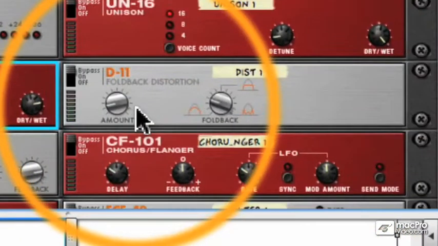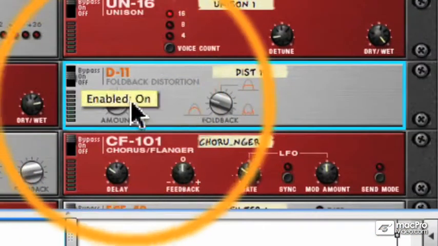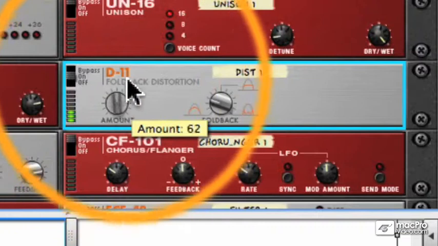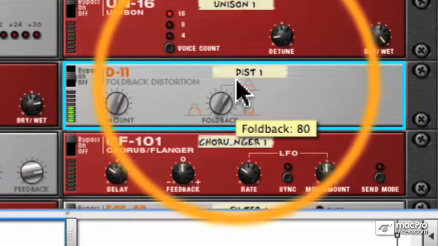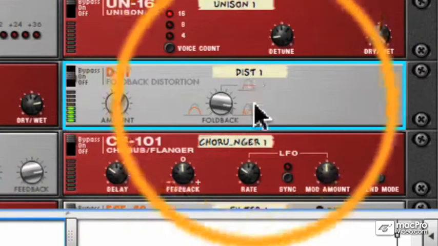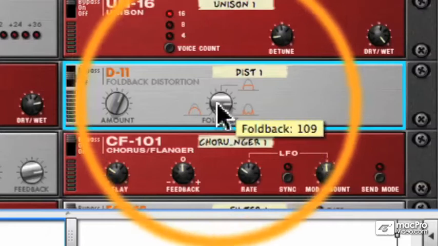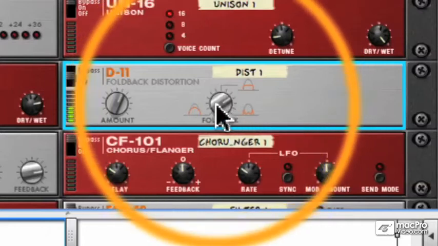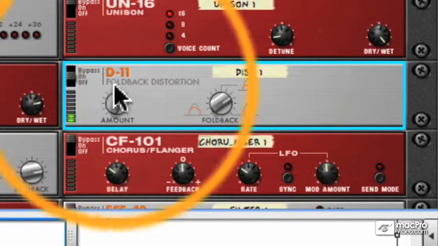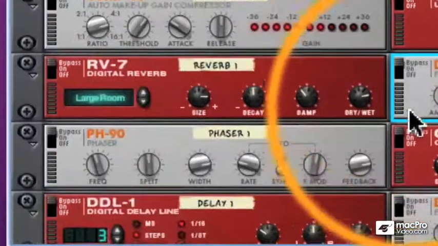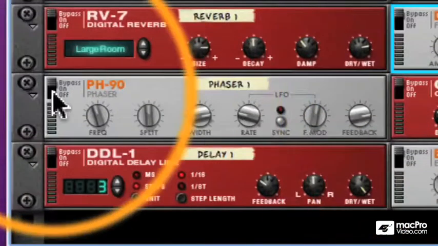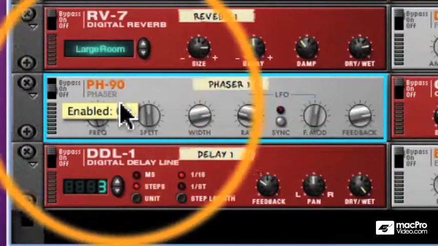Next comes the D11 Foldback Distortion, a simple distortion effect. The Scream distortion is a much more powerful distortion unit. Then we have the phaser,